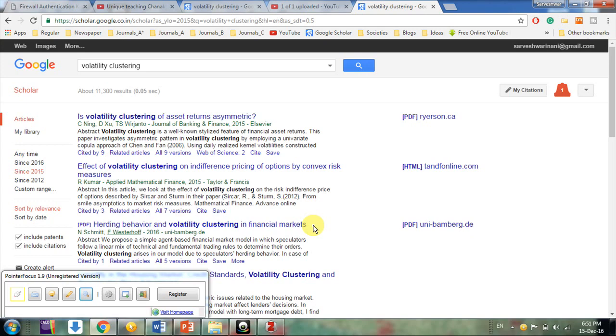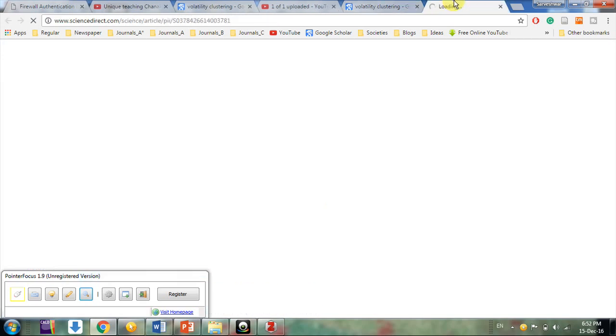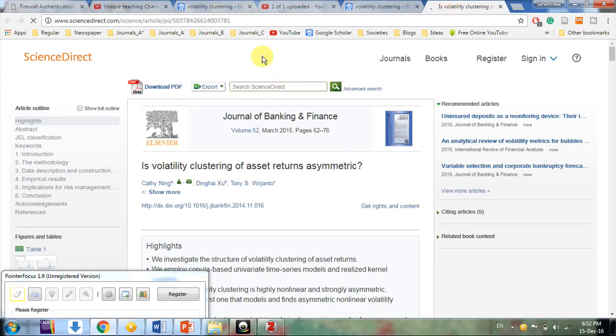Now another way to add is, friends, you can open the website of that journal and go directly there. Sometimes I have observed that when I save papers from Google Scholar, some metadata might be lost. In that case, the best thing I would suggest, as I do actually, is to go to the publisher's website, that is super authentic. I'm not saying Google Scholar is not authentic, but sometimes I have seen some problems with metadata. I don't know why, but it is there.